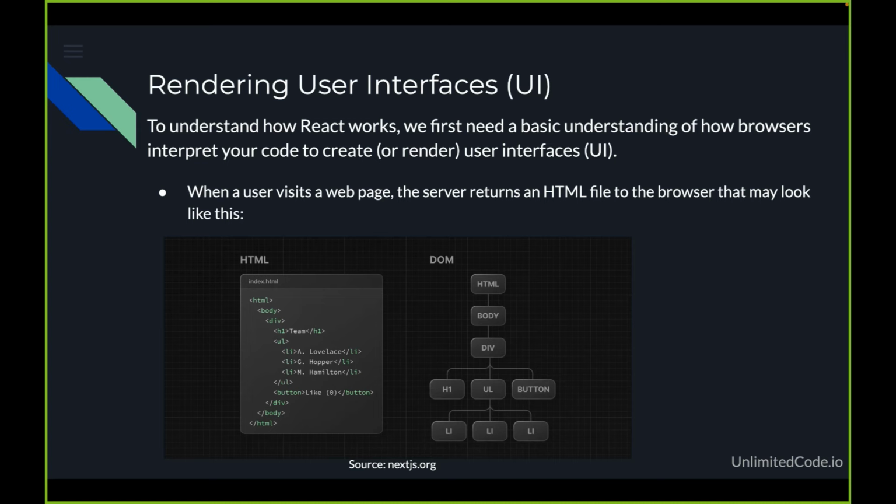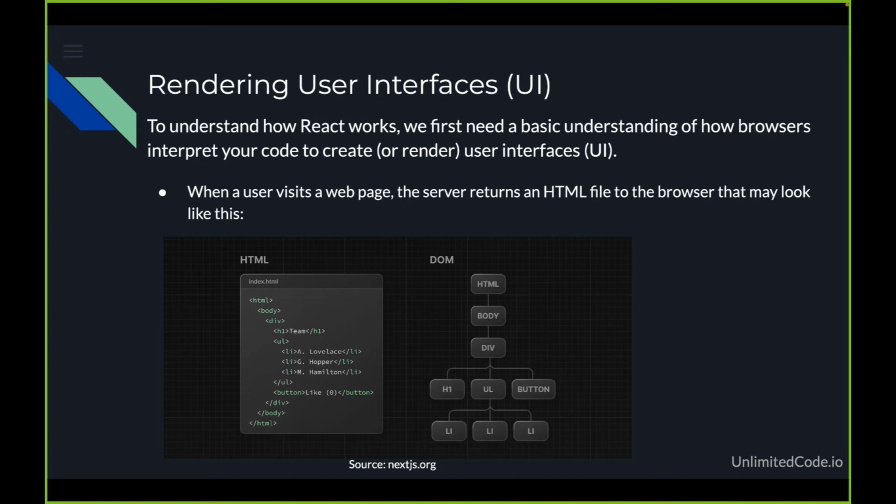Look at this diagram. On the left hand side, we have the HTML. On the right hand side is how that HTML is structured. You can see the document object model. It's like a tree of objects, speaking in JavaScript parlance now. The top level component is the HTML, according to the markup we have on the left hand side. Then we have the body, and below the body we have a div tag. Inside the div we have h1, ul, and then the button. Then inside the h1 tag we have a text component,